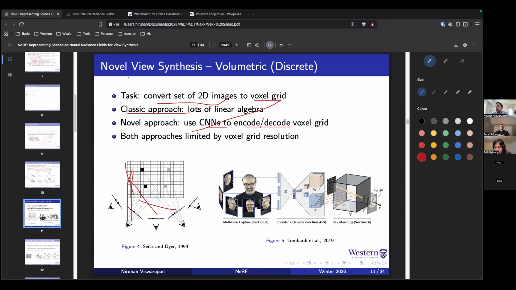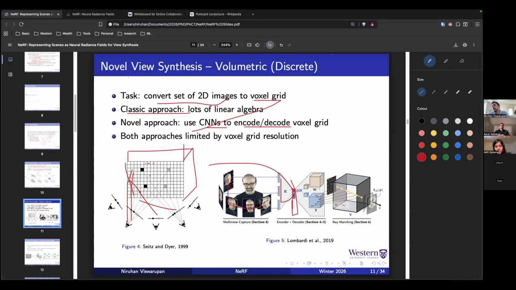So what you can do is take a lot of images and then use an encoder to predict some latent space vector, which can be taken as a representation of voxel grids. I don't know how they actually do it, but this is one idea that people have tried. I don't actually know how latent space is related to the 3D voxel grid space, but people have used this encoder-decoder kind of idea